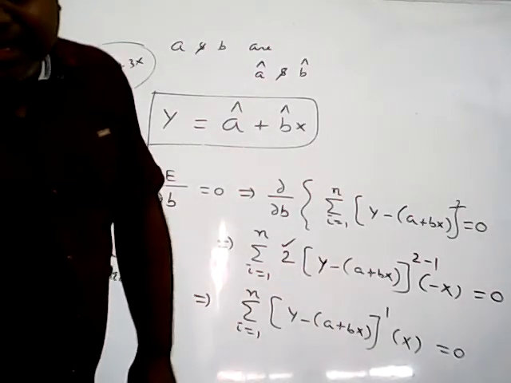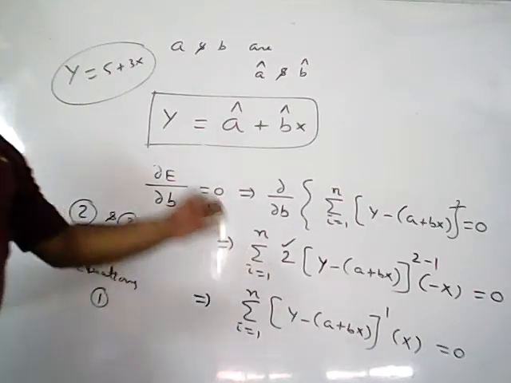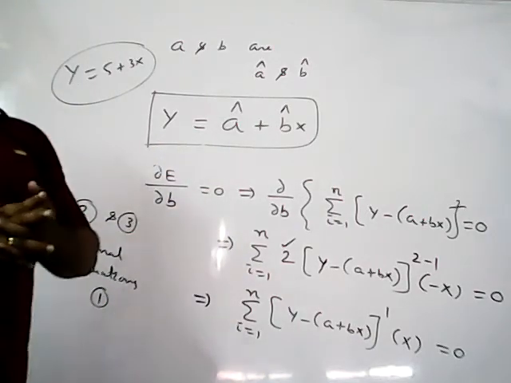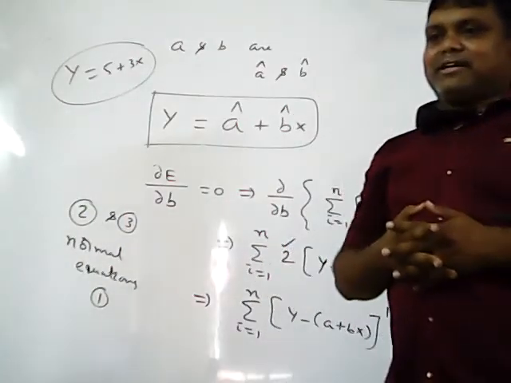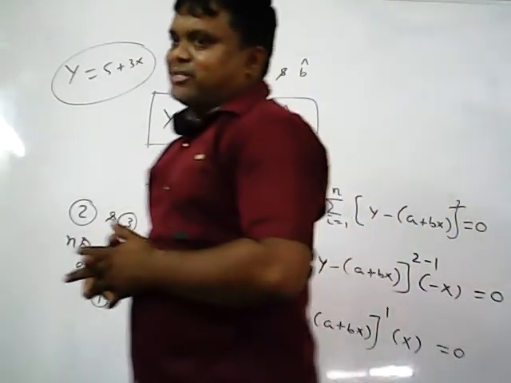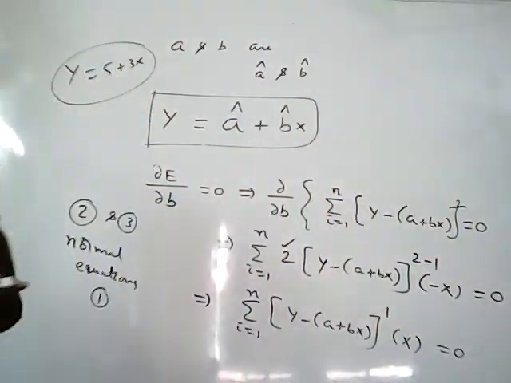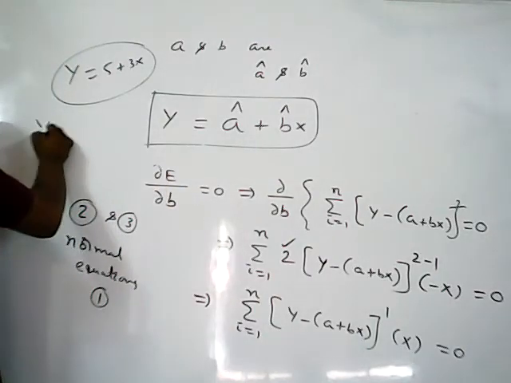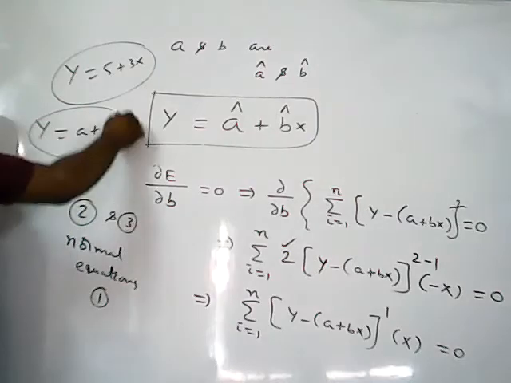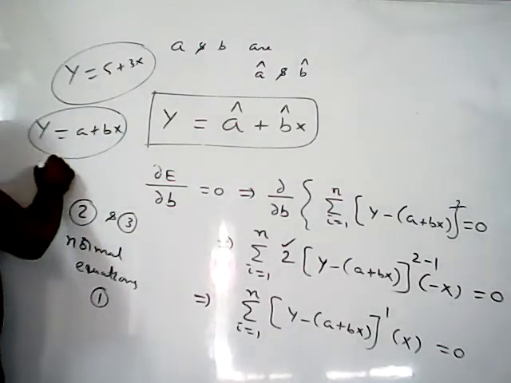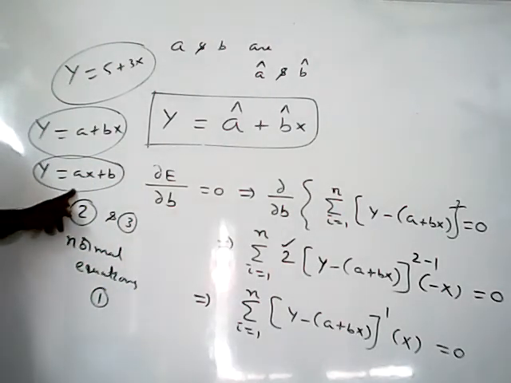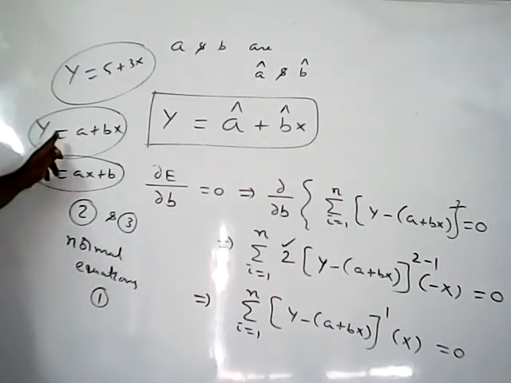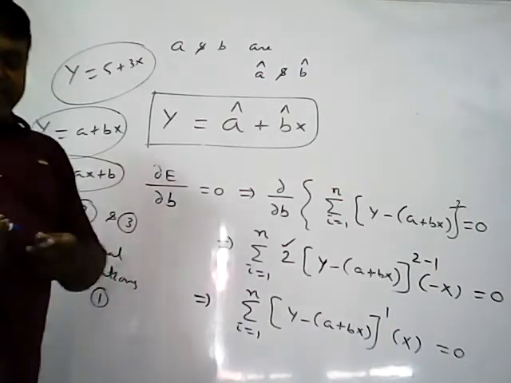This is the derivation for fitting a straight line. Otherwise, derive the normal equations of the straight line. What am I considering? A straight line equation. If you do not mention anything, the straight line equation form is always y equal to a plus bx. Sometimes y equal to ax plus b is also a straight line. If you specifically mention this form, you can do the derivation with it. Otherwise, if nothing is mentioned, you can take any one.